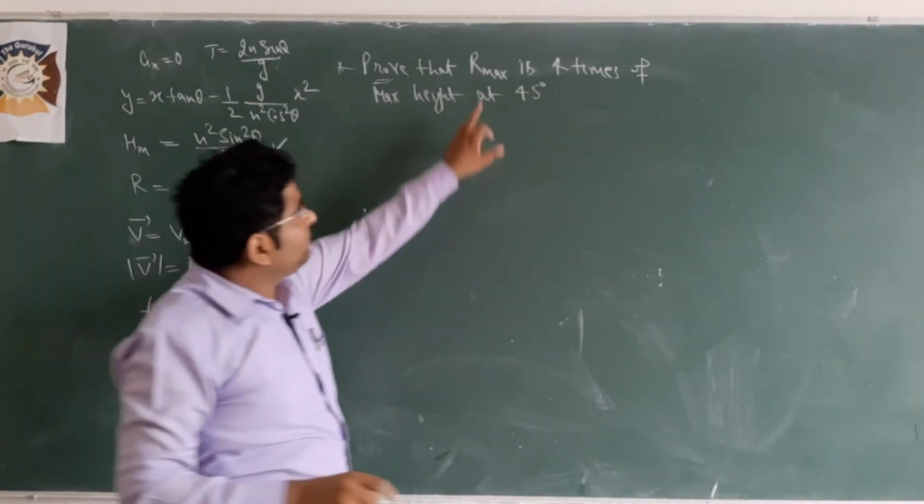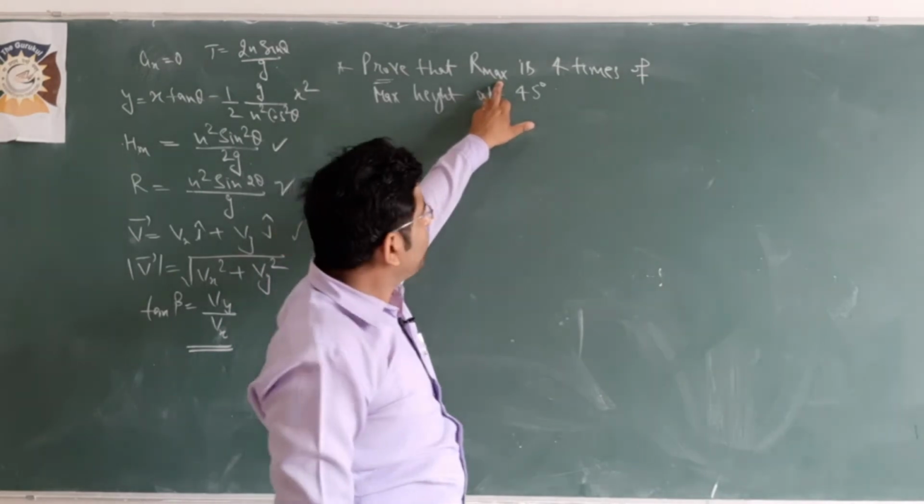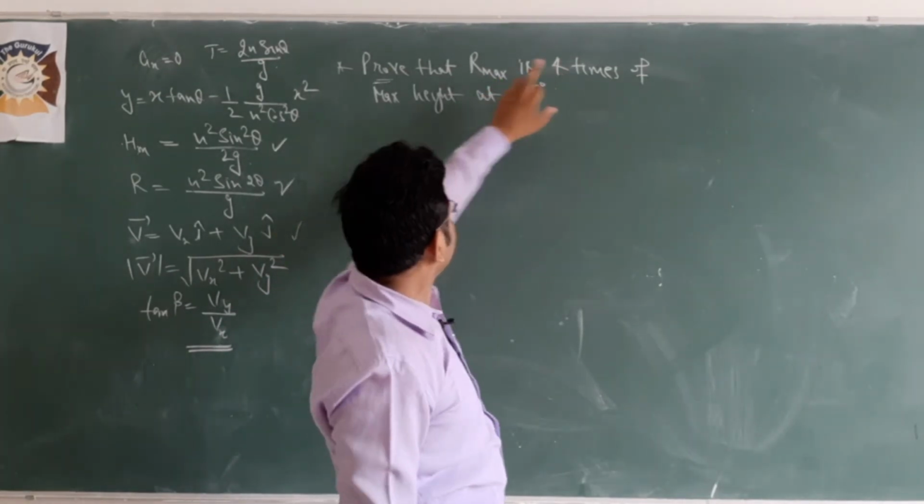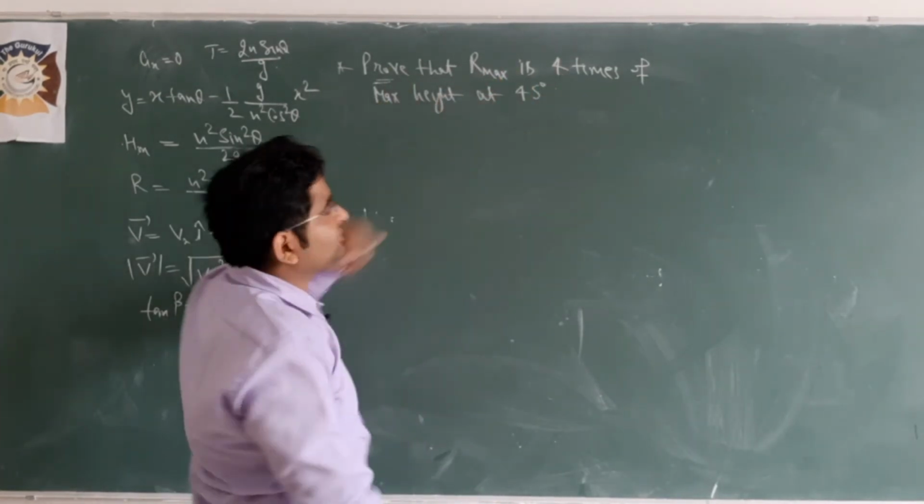So इस क्वेश्चन में R max की वैल्यू हमें प्रूव करना है दैट इट इज इक्वल टू 4 टाइम्स ऑफ H max